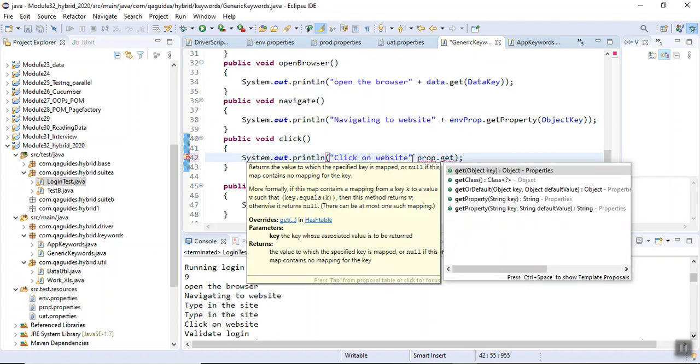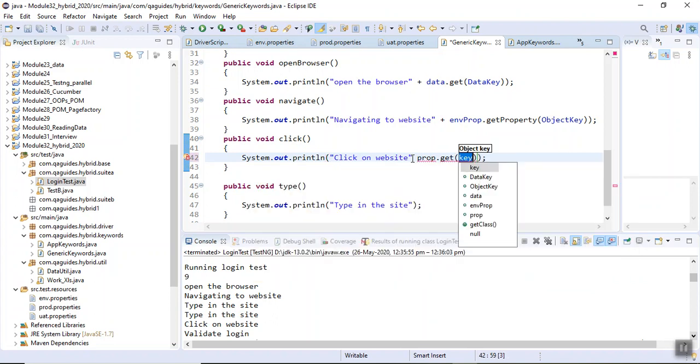Okay, so what I can do here, property dot object key. Okay, we can give the same thing in our type also.